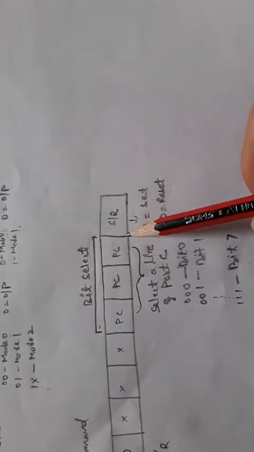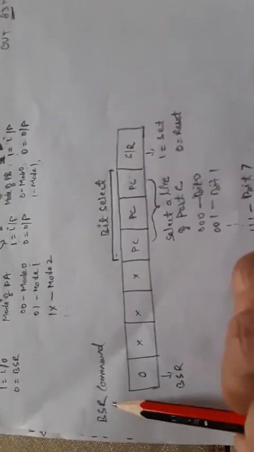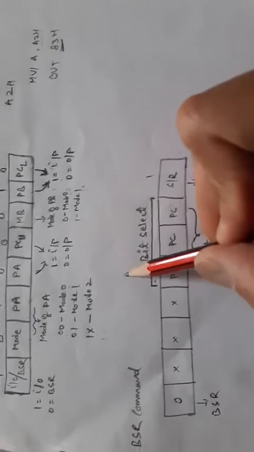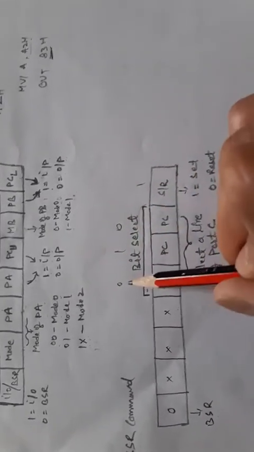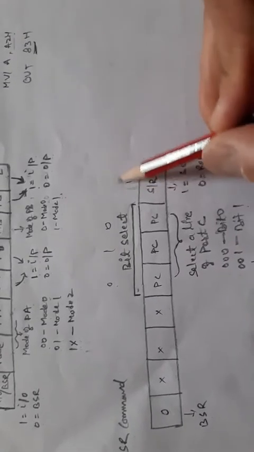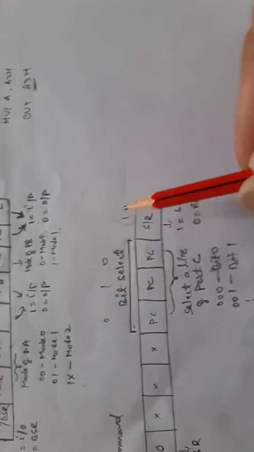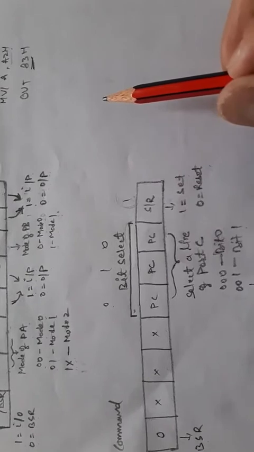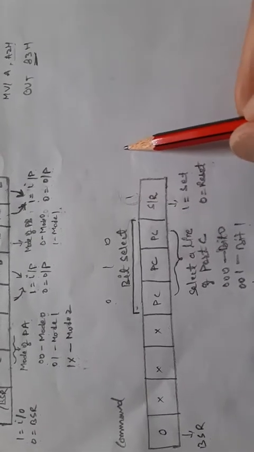And this is the set and reset bit. That's why this command is named bit set and reset. If there is 1 over here, then it is set, and if 0, then it is reset. Suppose I put 1 here, and in the bit select I have used 0 1 0, meaning PC2, bit number 2. At that bit I want to send 1, and suppose at that particular line a fan or a bulb is connected, so I want to keep that bulb on or off. That will be decided by this set and reset. If I put 1, then I will keep the bulb on, and if I put 0, then I will turn the bulb off.